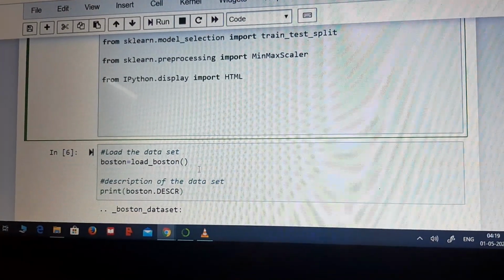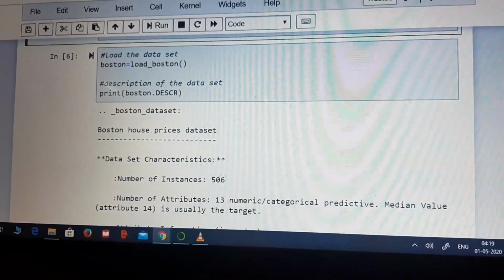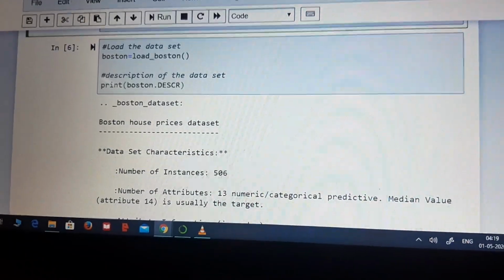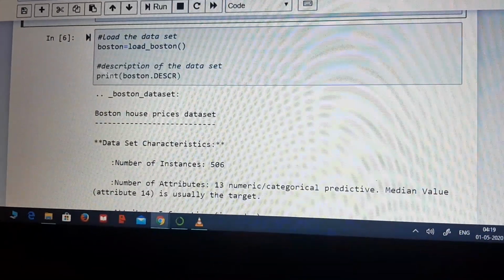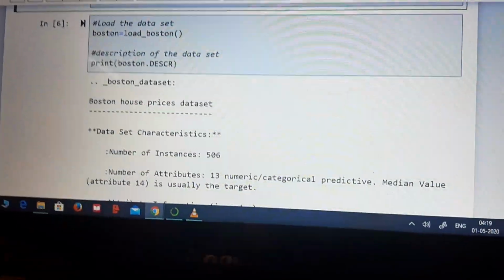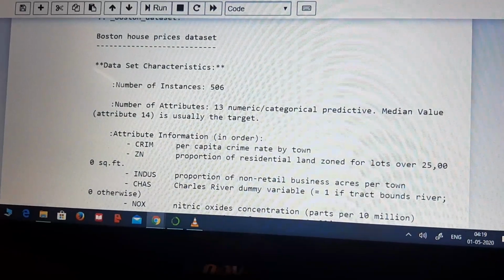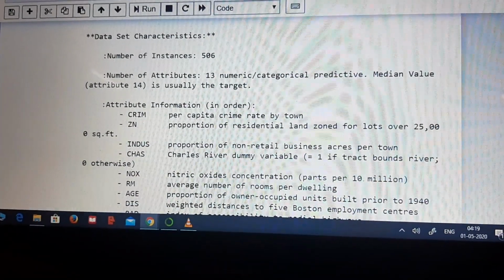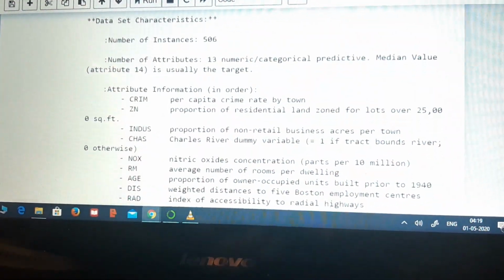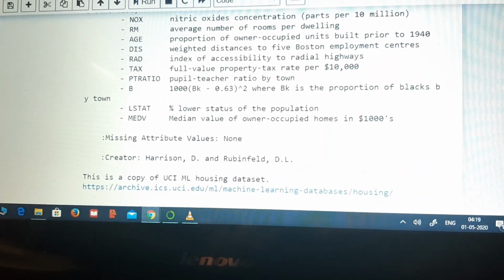Now Pandas provides the data from Python. Data frame allows us to easily work with data and run queries on rows and columns. So I use the run command, and it shows the number of instances, 506, and the number of attributes present, 13. So here is all the data from Boston.